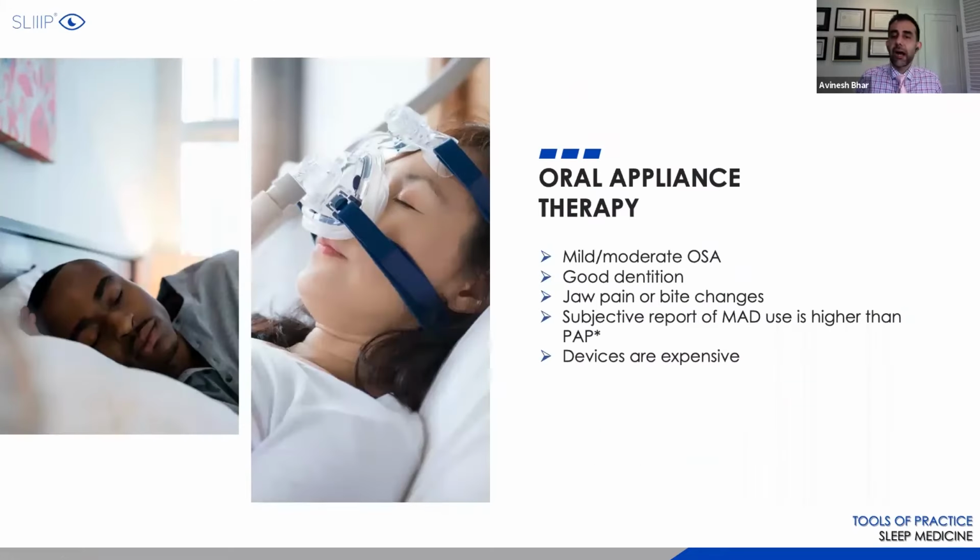It usually is great for mild to moderate sleep apnea. You have to have good dentition. It may cause TMJ pain. So that's why how it's adjusted is over a period of weeks to months. The dentist itself will adjust the lower jaw forward by less than 1 millimeter each time to avoid TMJ problems. And instead of yanking the lower jaw forward, it's slowly titrating the lower jaw forward, especially during sleep when they have it on.